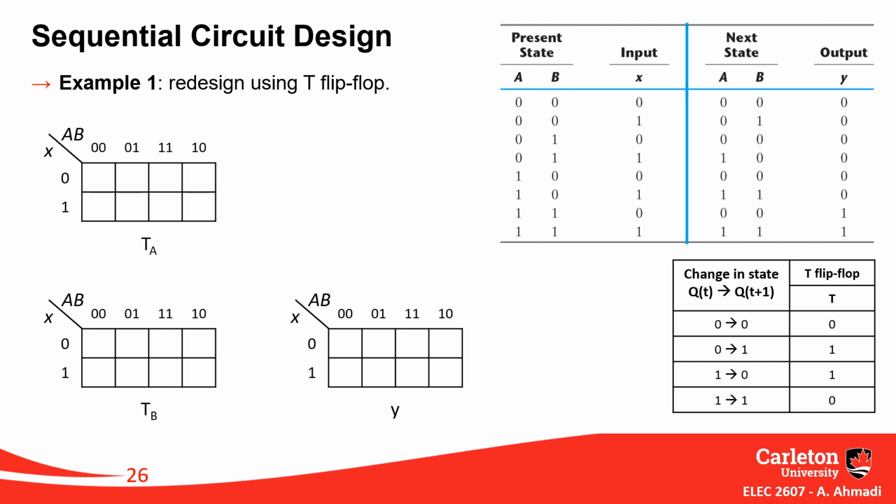We can do the same design with T flip-flop as well. The only difference will be you have to follow a different transition table. Transition between different values of T flip-flop based on input, as we did before for JK flip-flop. So again, if I pick one row to test my knowledge on how I can do that, well, A equal to 1, B equal to 0 will be this,